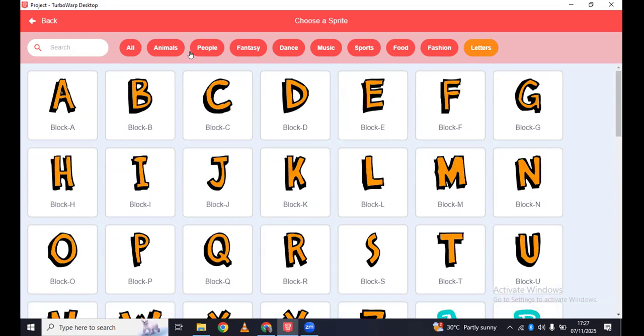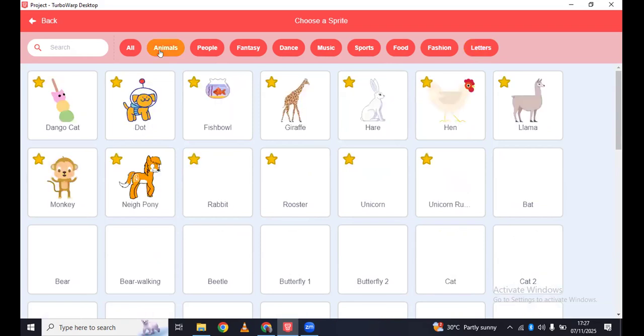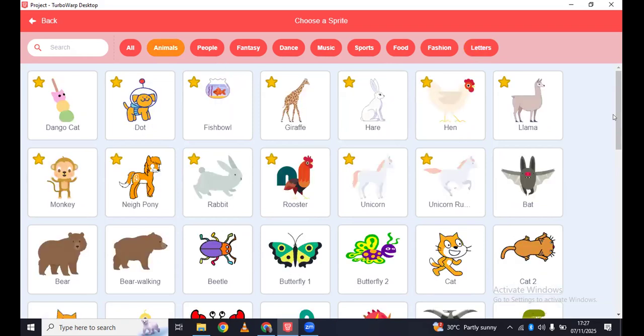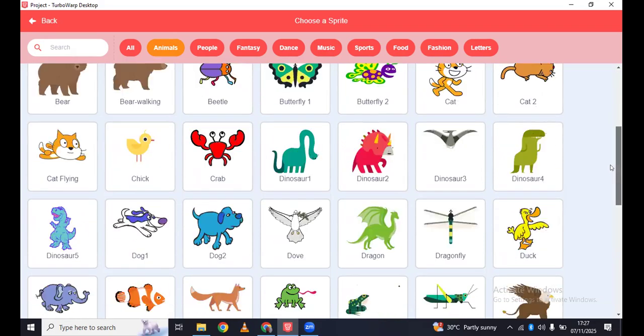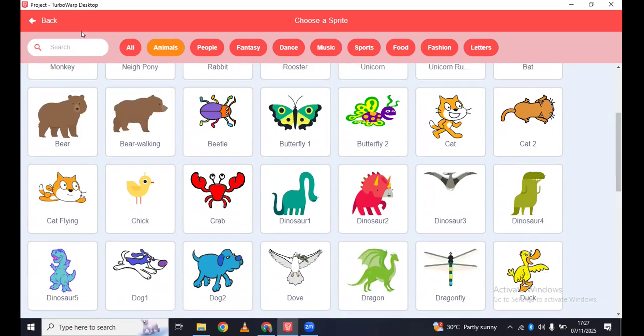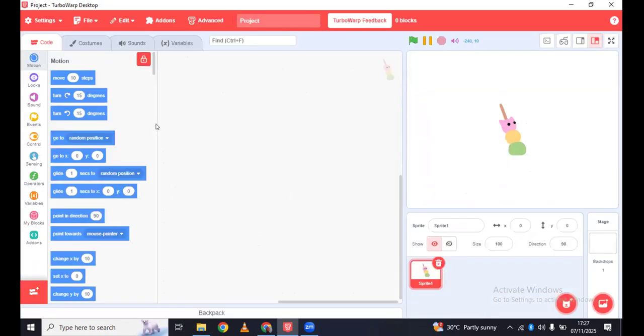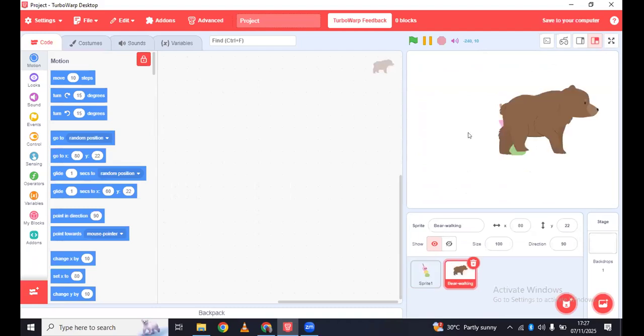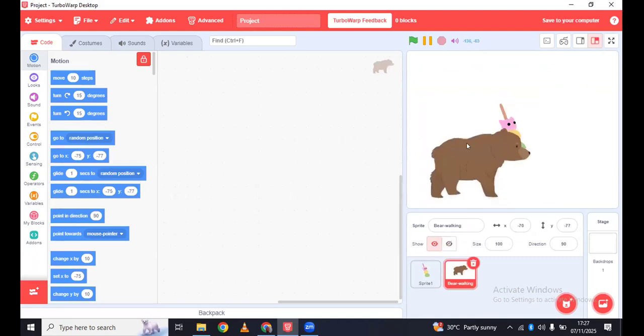Okay, so I want to show you what next costume means. For instance, I pick this bear walking. You might be wondering, why is the bear not walking now? Because we have not added any code yet. Okay. But I want to show you what next costume means. If I come up here to this costume tab, you can see we have a costume here. If I click on the costume,